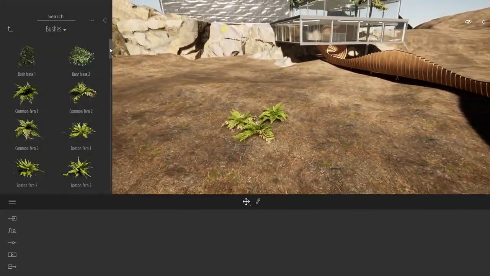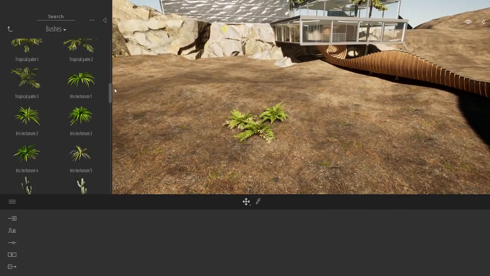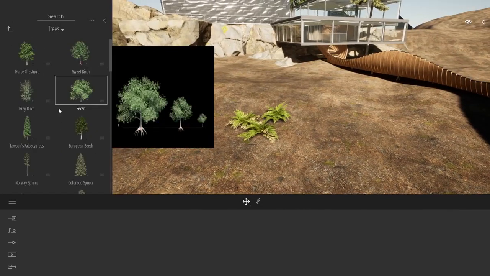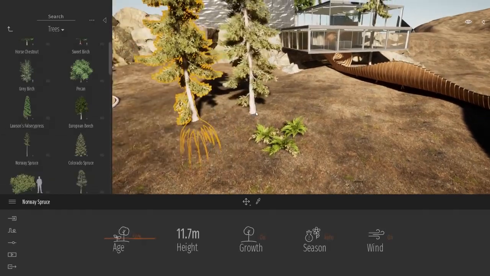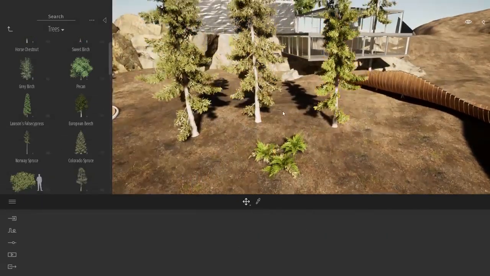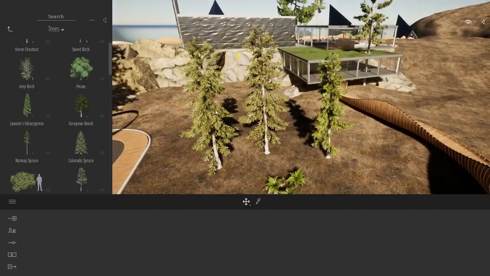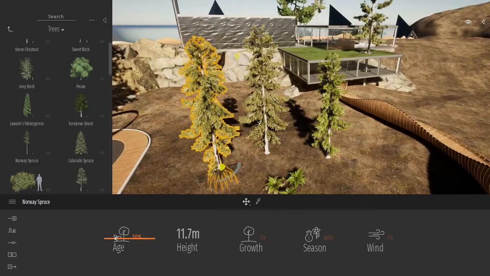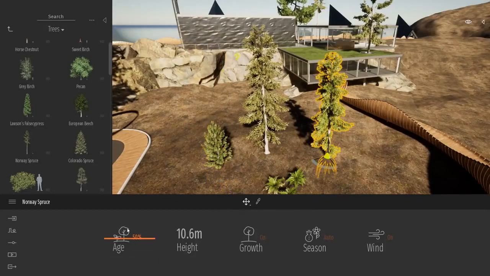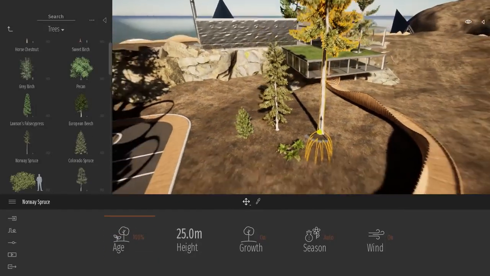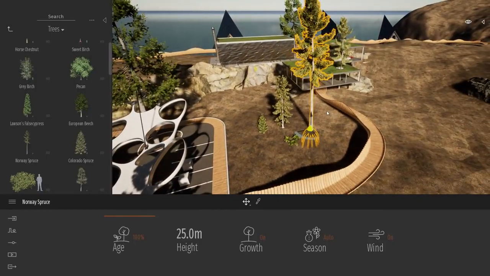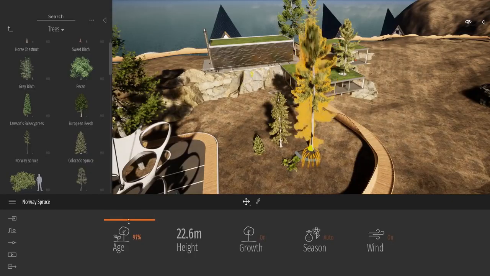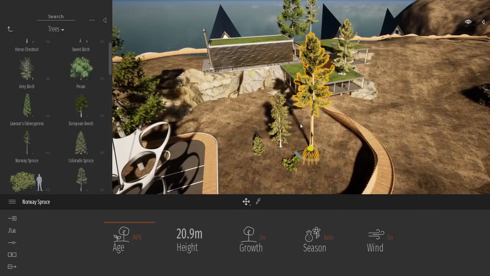It starts with the new brushes. We have plenty of different brushes to add to the project, but it's the same thing for the trees. Now we have highly detailed trees, and all of those trees now exist in three different ages. Here I have the same tree, but if I select one, I can lower its age, and if I select the other, I can raise it. And it's not just a basic scale. It's really the shape of the tree that evolves over time. You will see something better when there is more vegetation. Right now, I just have a couple of trees, so let's add more trees to the project to see how this growth feature can be useful.